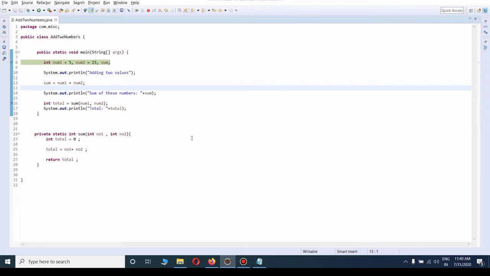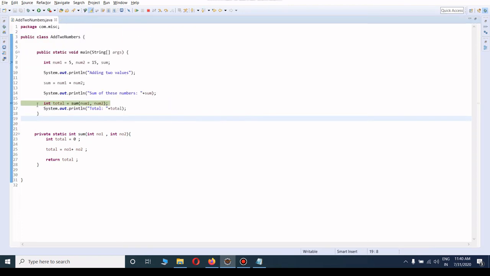As I told, F8, if there is no breakpoint, will execute completely and show the result, or if the breakpoint is there, it goes to the next breakpoint. Now after line number 8, we set the breakpoint at line number 16. So when I press F8, my execution will stop at line number 16. See, our execution stopped at line number 16. Now I want to go into this function.